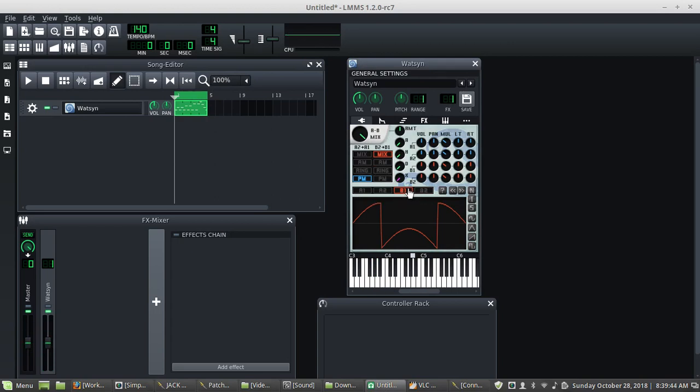So now we have B1, which is this shape, and it's mixed with this shape, and you can get some really weird distorted things. I know I'm not the world's best at explaining it, because I had so many things I had to do to get this thing working. So, in terms of recording the audio,